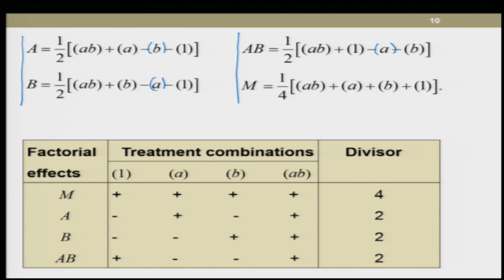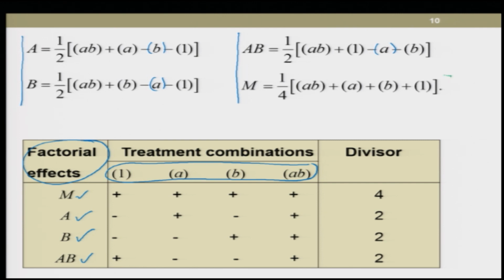So, these 4 values can be combined in a simple table. In the first column I am trying to write down the factorial effects, which are the general mean effect, the main effect of factor A, the main effect of factor B, and the interaction effect of the 2 factors AB. Now, I write down the 4 treatment combinations which are 1, A, B, and AB, and now try to look at